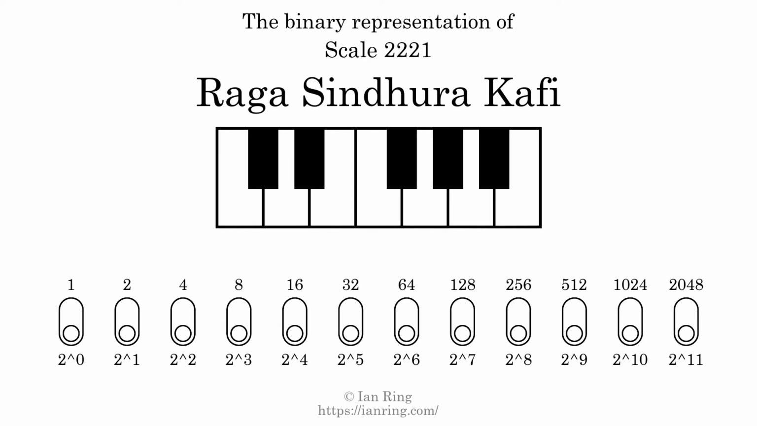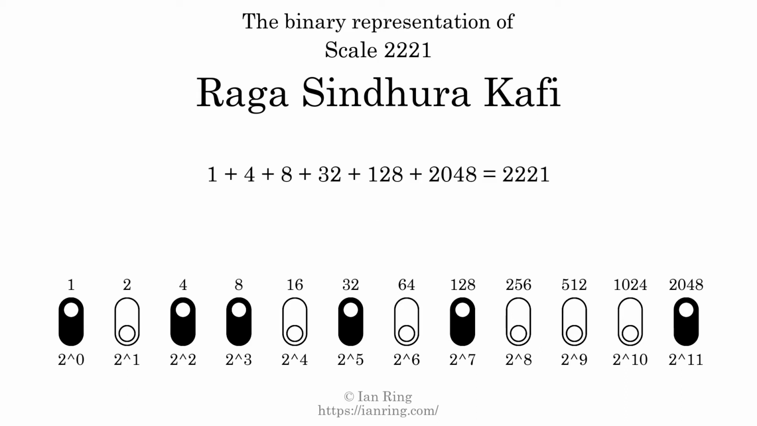The binary representation of this scale is determined by mapping tones of the scale to binary digits. Each binary digit represents a power of 2. To get the scale number, we add the powers of 2 together. The powers of 2 that are present in the scale, all added together, equals 2221. That is why the scale number, in decimal, is 2221. The scale number not only enumerates the scale with a unique index, but it also literally describes the tonal content of the scale. Represented as a binary number in base 2, the scale number is